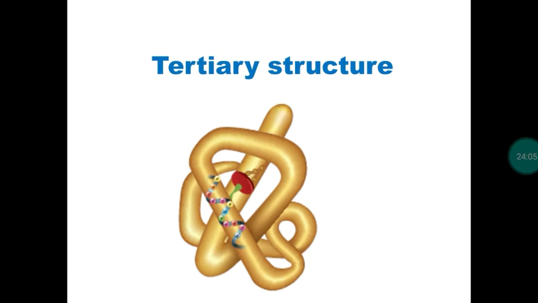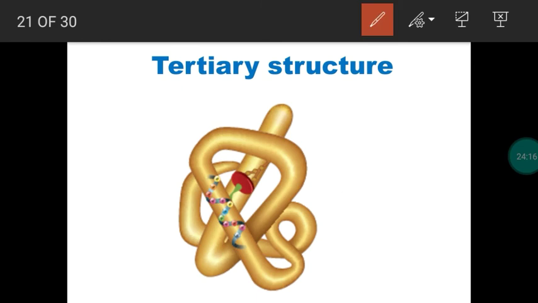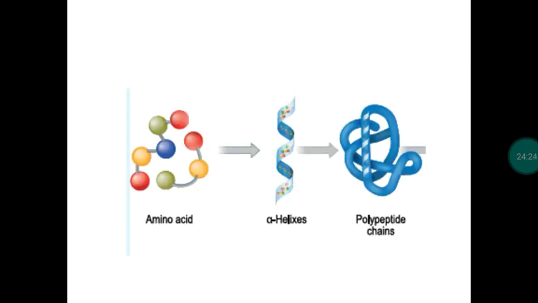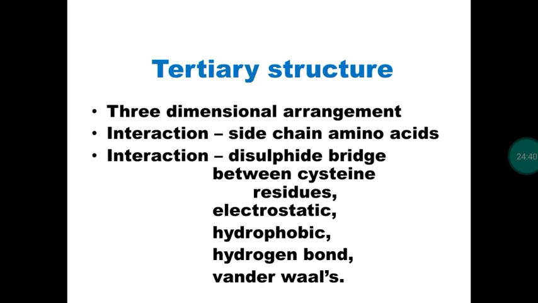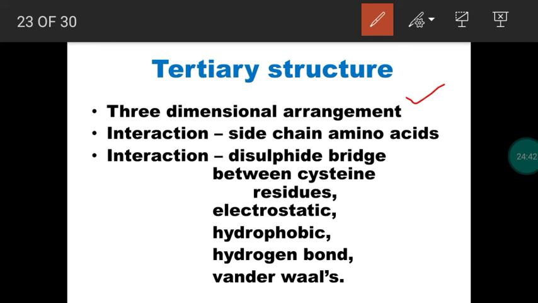Next, tertiary structure. If a secondary structure is folded in a three-dimensional manner, we get a structure called a tertiary structure. So tertiary structure is nothing but a three-dimensional structure. So due to the folding of secondary, we get a three-dimensional arrangement. We call this a tertiary structure. See this one. Primary, due to folding, becomes a secondary helical structure. Due to the folding of secondary structure, we get a three-dimensional polypeptide chain. So this is called what? Tertiary structure. Okay.